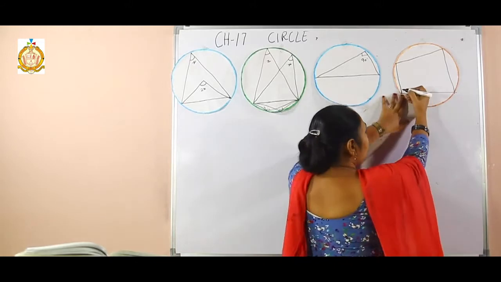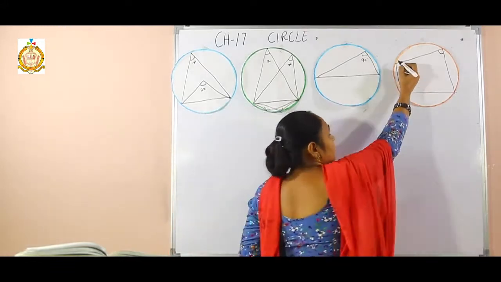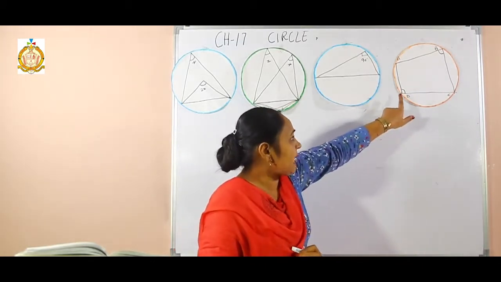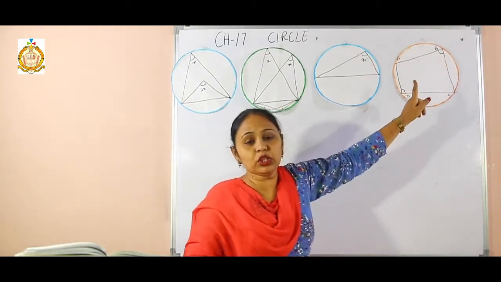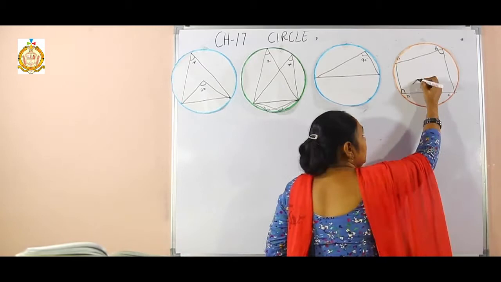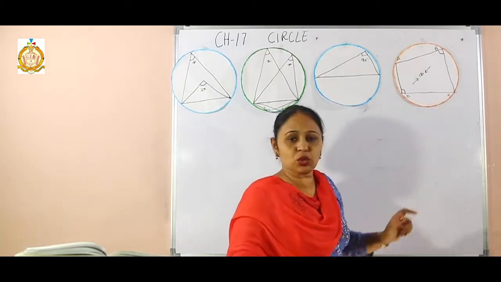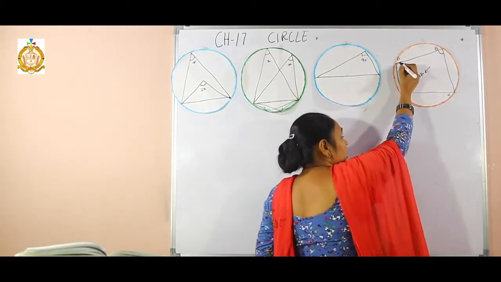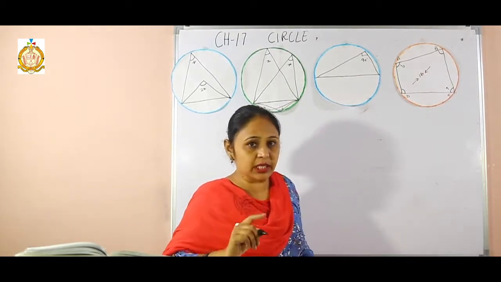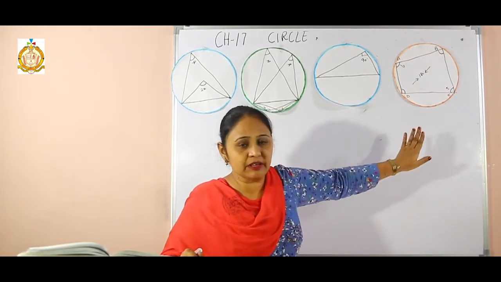Now, there will be the opposite angles, this and this. Opposite vertices. If it is A, B, C, D, we take the names in sequence. That means angle B and angle D both become supplementary angles. The sum of both angles will be 180 degree. B and D sum become 180 degree. Now A and C are also opposite angles. It means this angle A and this angle C both also will sum to 180 degree. Once again, the opposite angles of a cyclic quadrilateral sum to 180 degree. This is our fourth property.